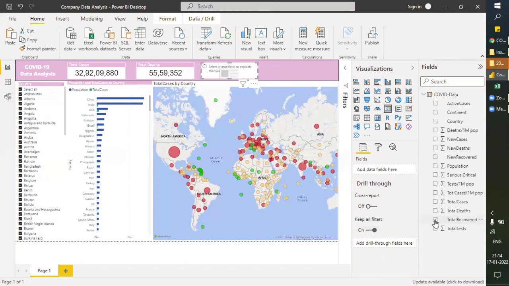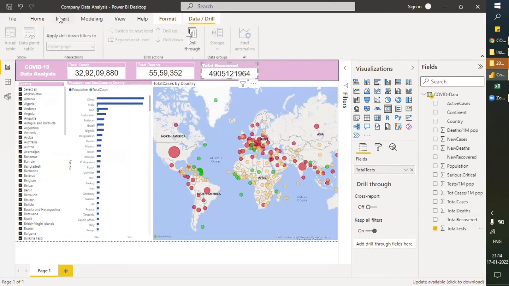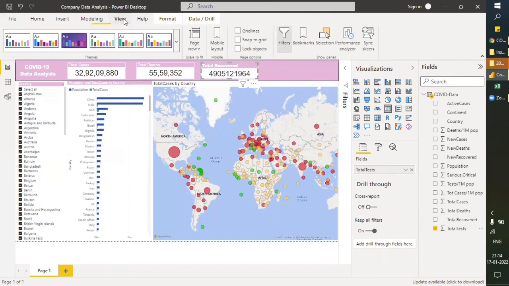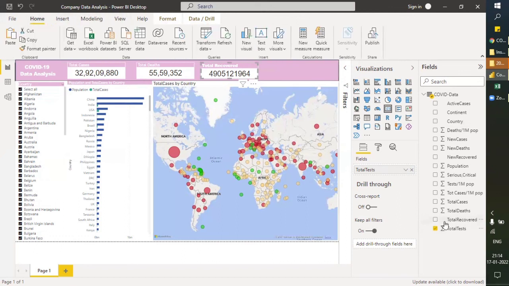So let's not waste time there. Total tests, let's write it. Total tests, and convert this into format. There is a column new recovered. What's that new recovered? Yes, total recovered.